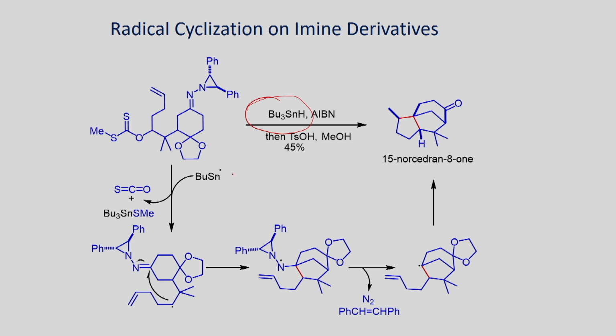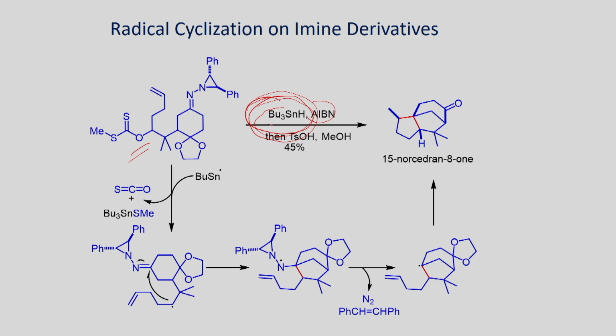Professor Zamir Zard is very famous for this xanthate ester chemistry. He has done a lot of work, and when you have this substrate in the presence of tin hydride and AIBN, it can form a radical. This radical can lead to cyclization with a double bond to give complex molecules.